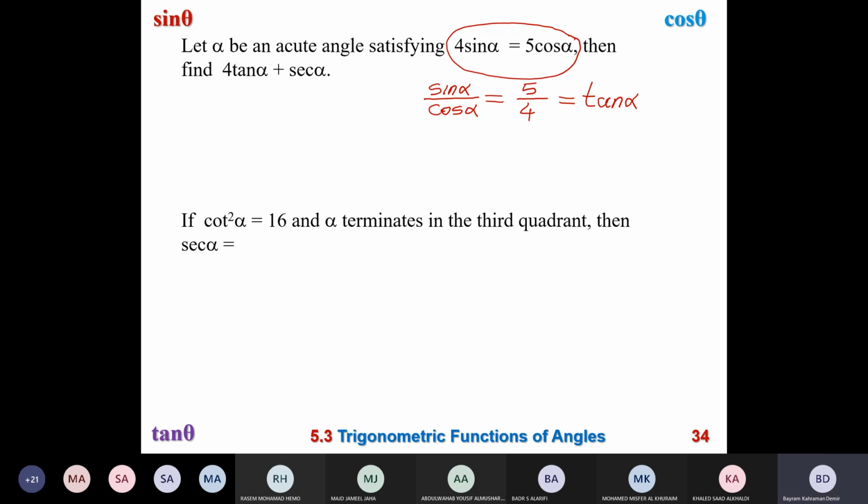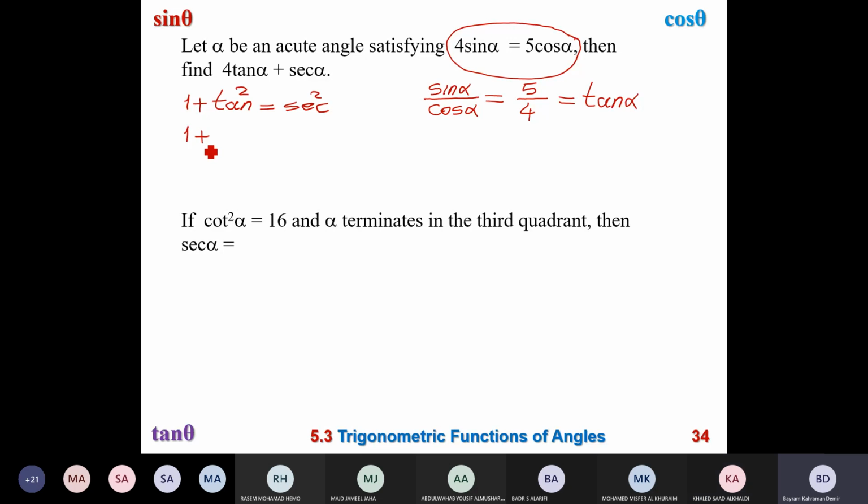Well, if I have the tangent alpha, how can I find the secant alpha, Shabab? From the equation. It's 1 over cosine, so we solve for cosine. So for secant, we have an identity. Let's remember the identity, Shabab. Yes. 1 plus tangent squared is secant squared, right, Shabab? Yes. 1 plus tangent squared is secant squared. So it is